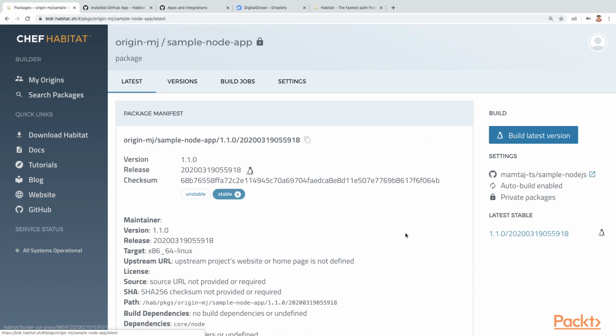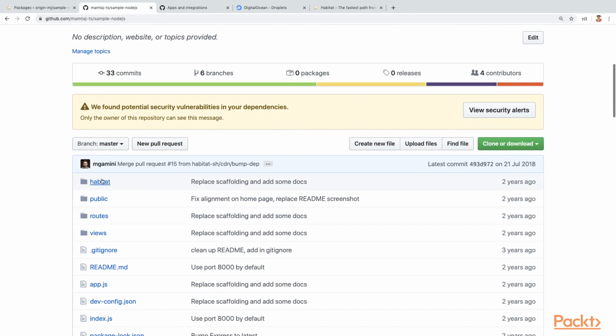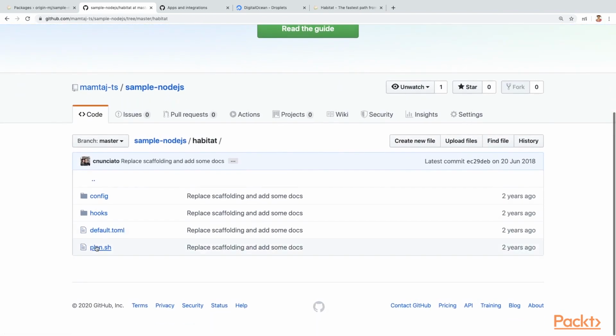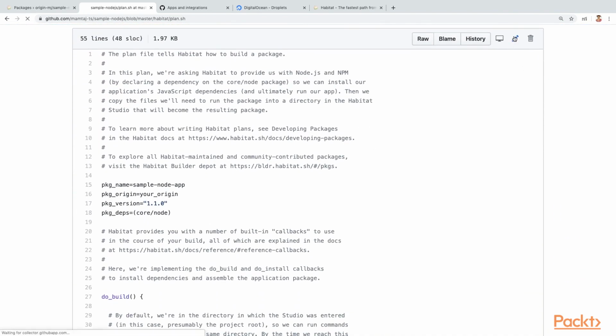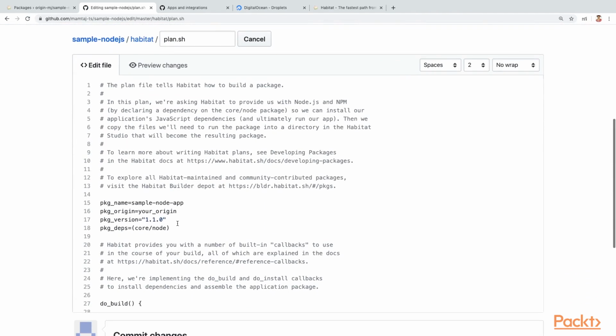Let's trigger an automated build. So we'll go to our GitHub account. Either you have cloned the repository to your local repo, where you can make the changes and push them, or, if you don't want to do that because we are just showing a demo, I'd make the changes directly here. So think that I've made some code changes. I'm going and updating my plan.sh file here, and I'll update the origin name.